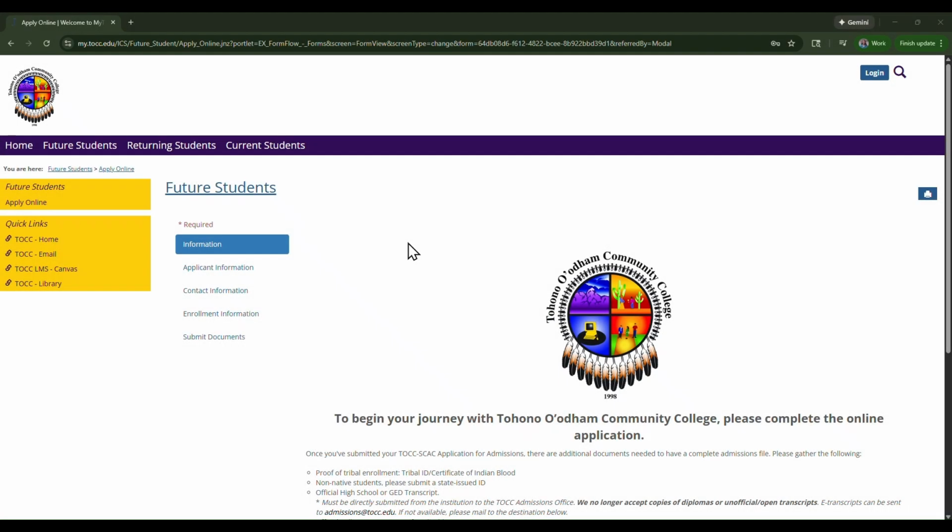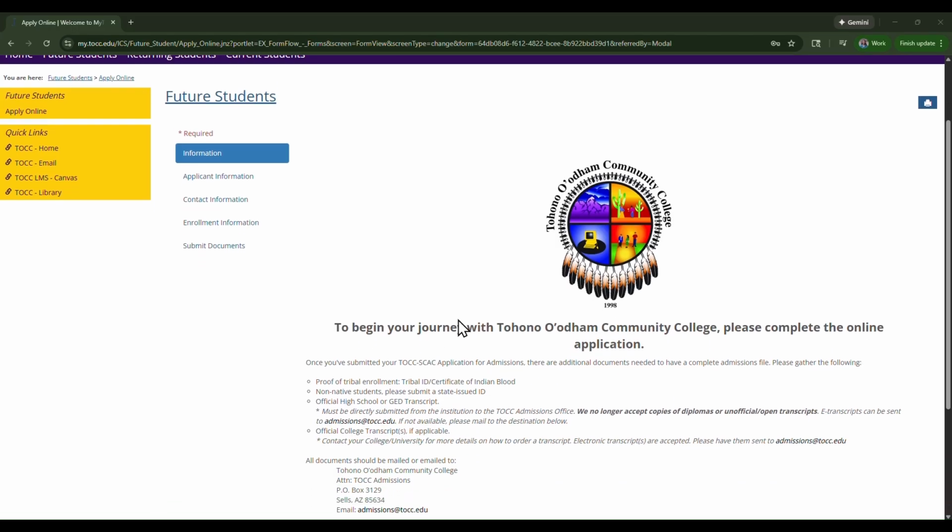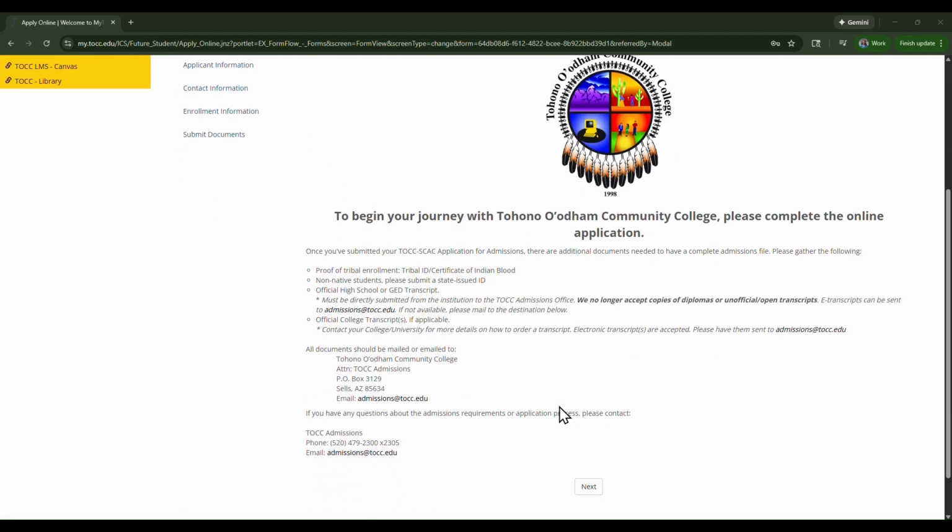Once you've signed in, you'll be taken to the online application where you'll need to fill in your information and upload the appropriate documents. The Information tab of the application is simply a review of the documents you'll need to apply and where you can send them if they could not be uploaded alongside the application. As a San Carlos Apache College student, though, you will want to submit your documents to us rather than to TOCC. Documents can be sent to us through email at